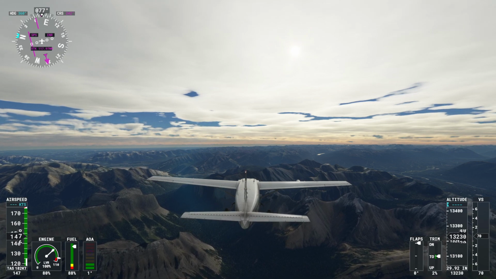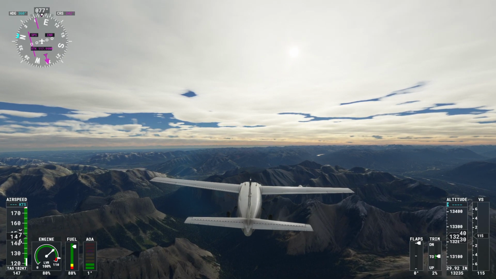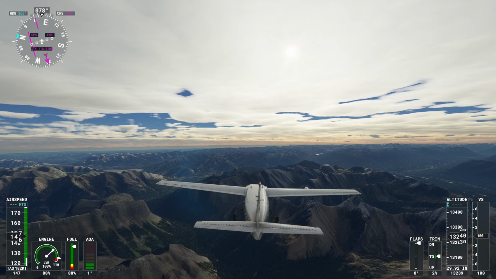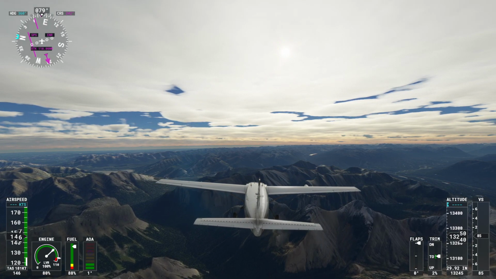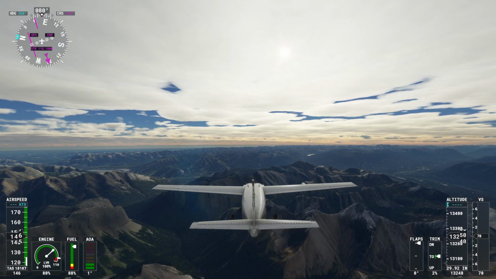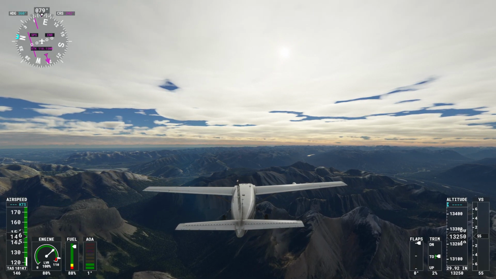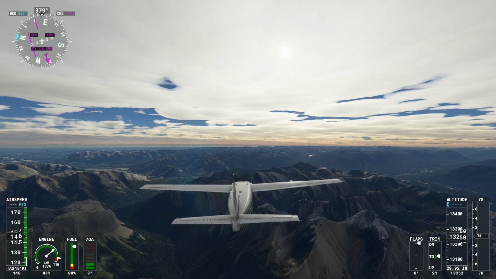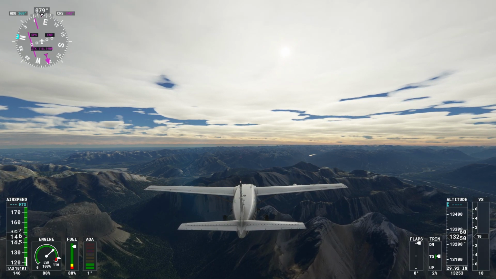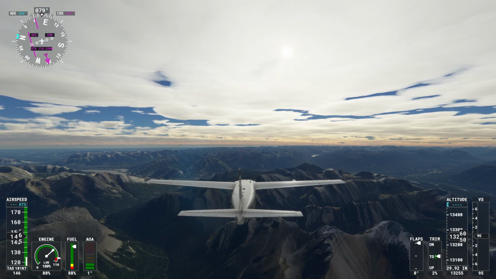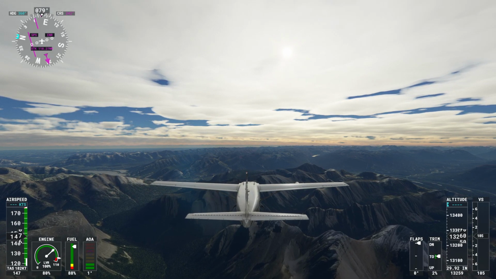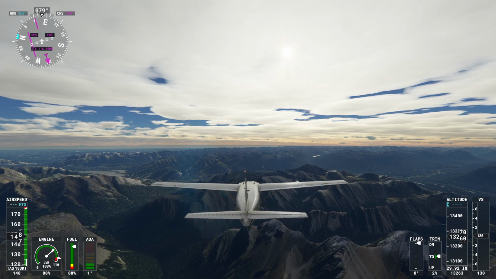Presumably beyond this ridge here, there will be a river and a highway. Hopefully the town of Jasper. I've just looked at the picture of the runway. It's just a dirt patch in amongst some green. I can't even make out a runway marked out. So this will be interesting.